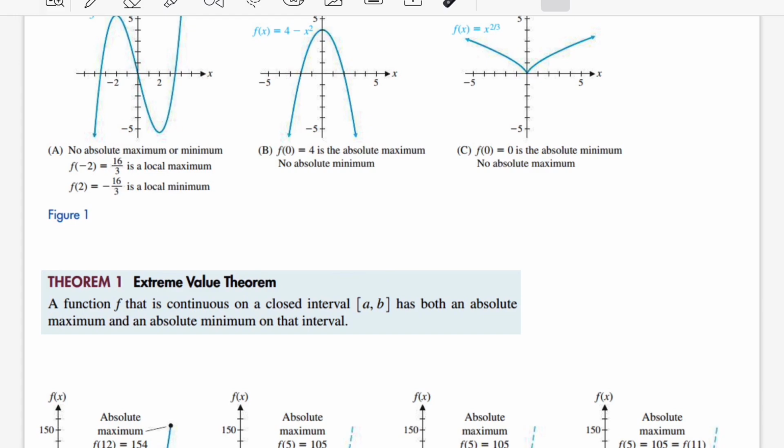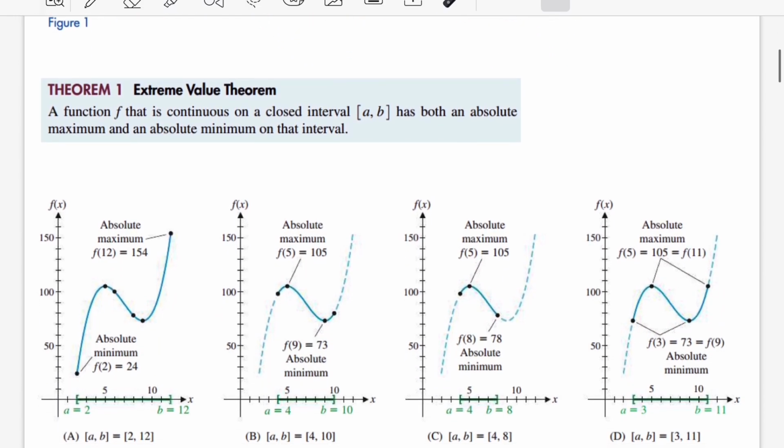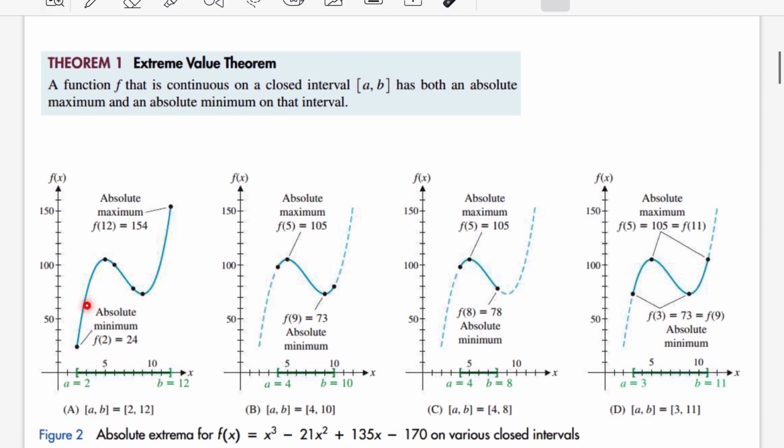Okay. So for example here, it is important to understand that the absolute maximum and absolute minimum depend on both the function f and the interval [a, b] that we're looking at. And that's what we're seeing in these figures here. For example, we have this interval here from 2 to 12, and our function is given by this graph here. Looking at this closed interval, we see that our absolute minimum is here